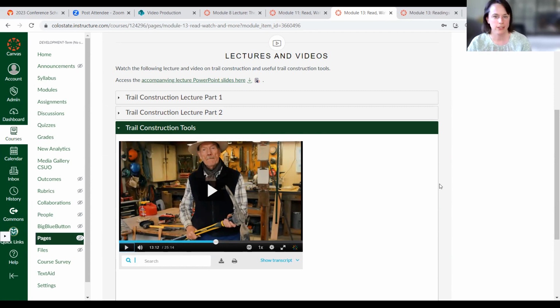They might not have access to the tools that he is referencing that are necessary to maintain a trail. And so he wanted to go out and actually show the students these tools and how to use them. And so the team was able to go out on site and participate in this, really highlight them and how